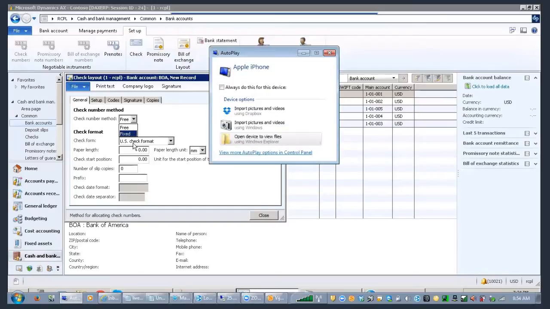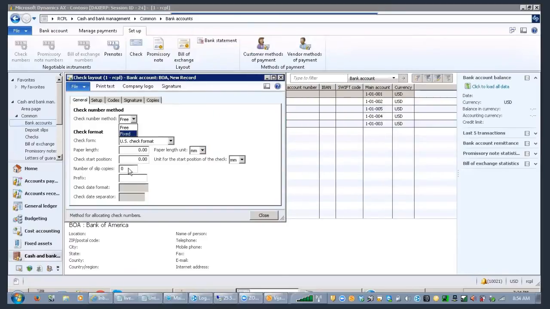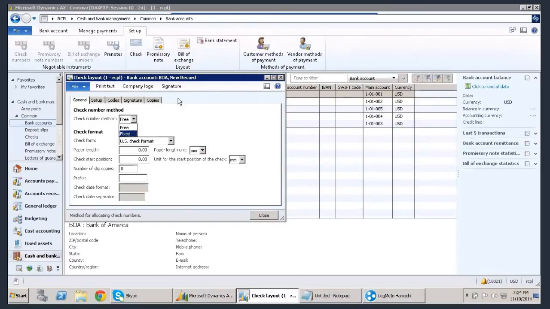Because I know in my US implementations, I've seen people use free, but I never came across it in Europe or any other countries. I'm not exactly sure about Canada.